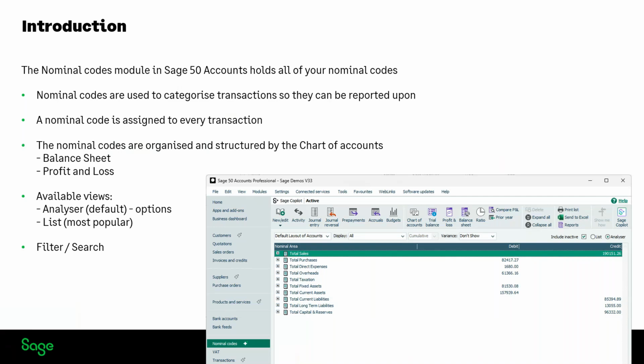So your chart of accounts provides the structure. It tells some reports in Sage which nominal codes to pick up, which ones to group together. So your common management reports, balance sheet, profit and loss, they're going to use that chart of accounts. So that structure, when they generate, it knows what to pick up, what to add together to give you